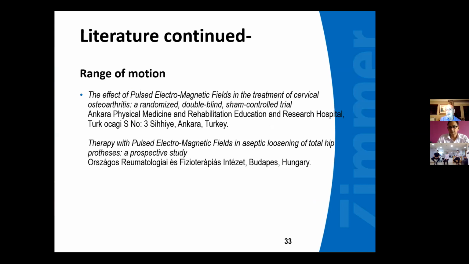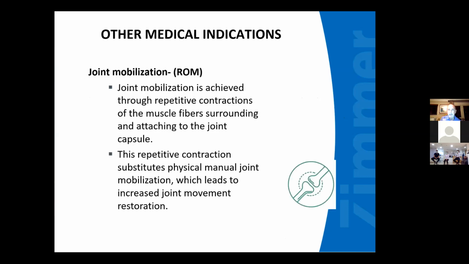Ranges of motion. There are some wonderful studies, the effects of pulsed electromagnetic fields in cervical arthritis out of Turkey, as well as loosening of total hip prosthesis. So ranges of motion, joints that are either limited by bony block or prolonged immobilization. So joint mobilization is achieved through repetitive contractions. I alluded to before, the contractions can be so strong that combined with a physio's mobilization, it will actually help